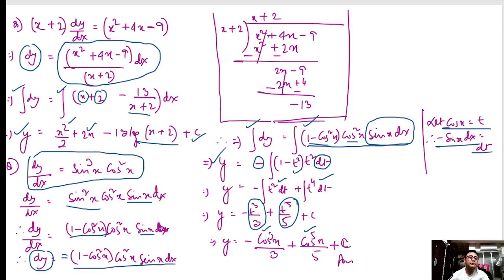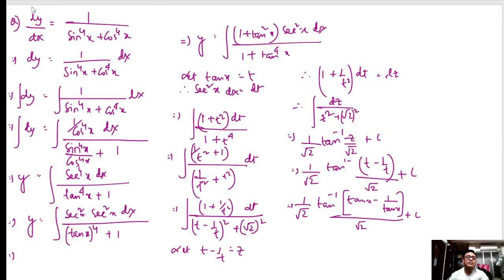Next, let us see. So the equation says, this is our equation. Okay, so separating the y part and the x part. First job is to separate the y part and the x part, and now putting an integration sign before both. So watch here, if I divide by cos to the power 4 up and down, this will become this, and